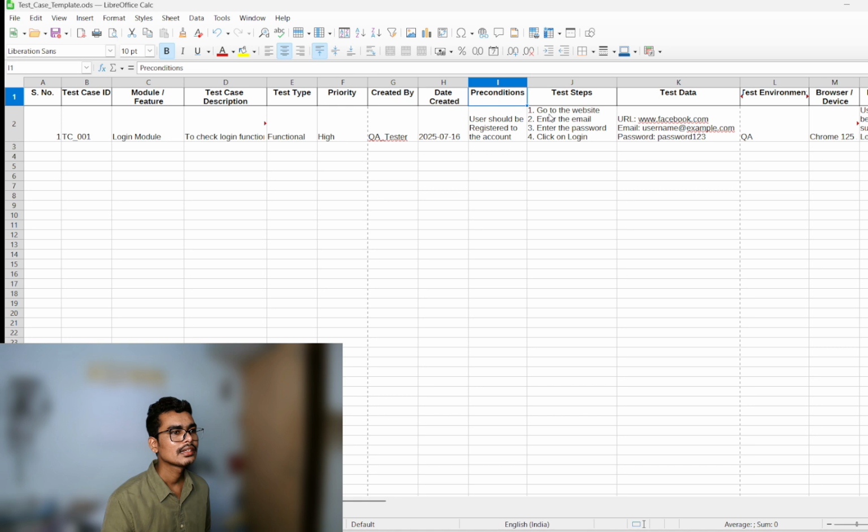Here go to the website, and in test data format you can write facebook.com because test data is whatever you will enter as the URL. So go to the website, and for test data you have to enter Facebook in Google Chrome, Mozilla, any browser you are testing in, and enter the email. For that test data is username at example.com, let's suppose, and then enter password. For password test data is password 123, and then click login. Since login is a button, there will be no test data for that. Test data is only for input field,